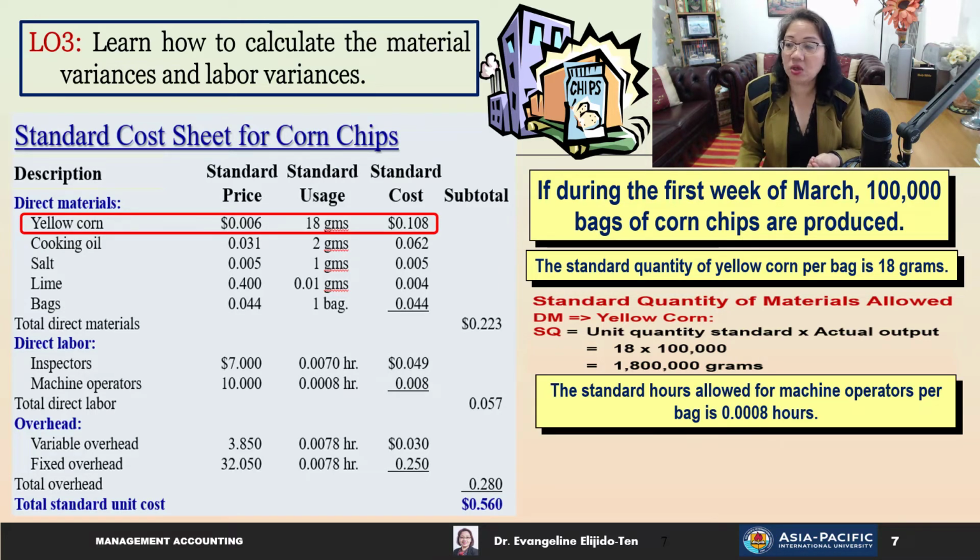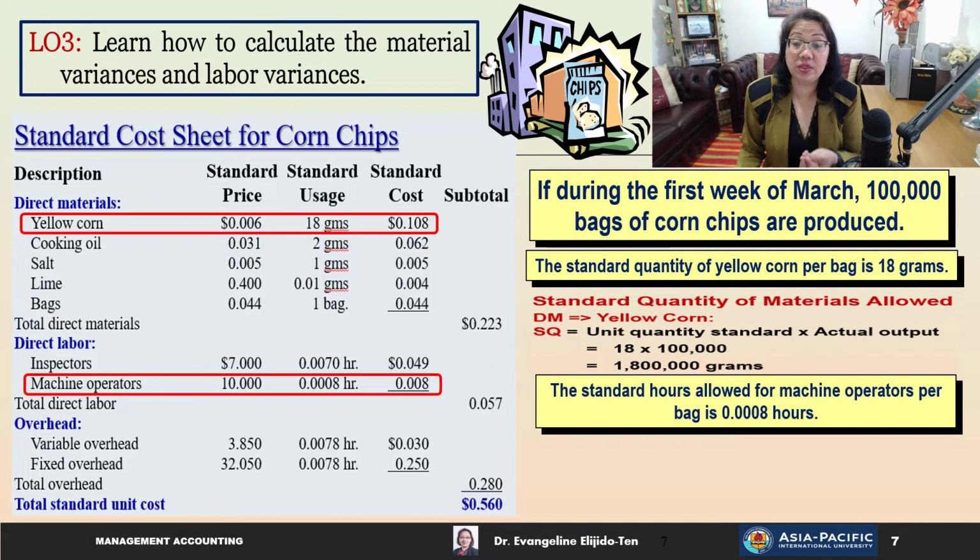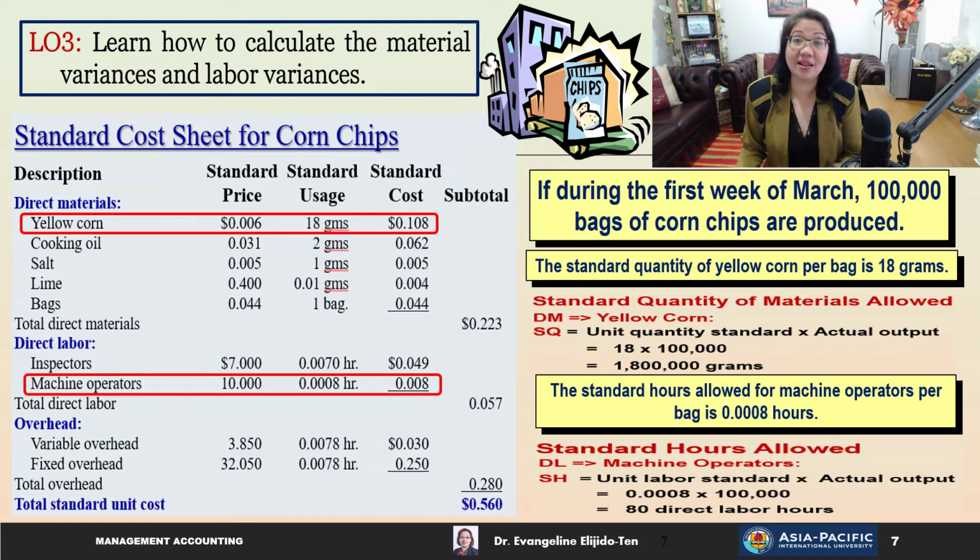Let's just focus on the machine operators. If we produce 100,000 bags and it uses 0.0008 of an hour to produce one bag, then that means the standard hours allowed for direct labor machine operators would be 80 direct labor hours. So that's 0.0008 times 100,000. You can see it's a very small figure, but when you multiply it by a big amount, it can be